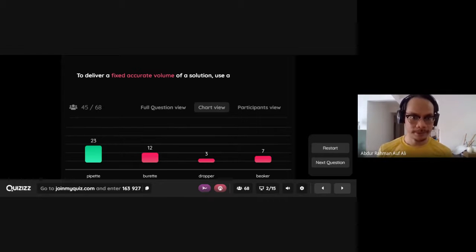Dia ada dua jenis. Satu yang just straight, clean, macam ni, graduated. Ataupun the other ones are like this. Dia ada bulge in the middle, ada written exact volume. So for each size, they measure different amount of volume. So kalau nak measure 10 milliliter of volume, you use this pipette saja, 10 milliliter. Kalau nak measure 50 milliliter, use this one. What this one is called? Something pipette. Volumetric pipette is the one like this. Just straight, tak ada bulge in the middle.